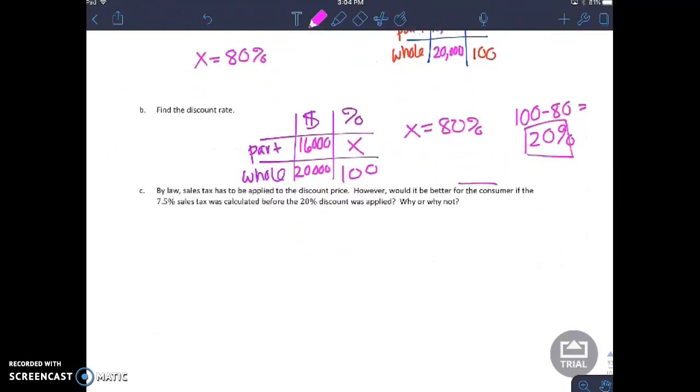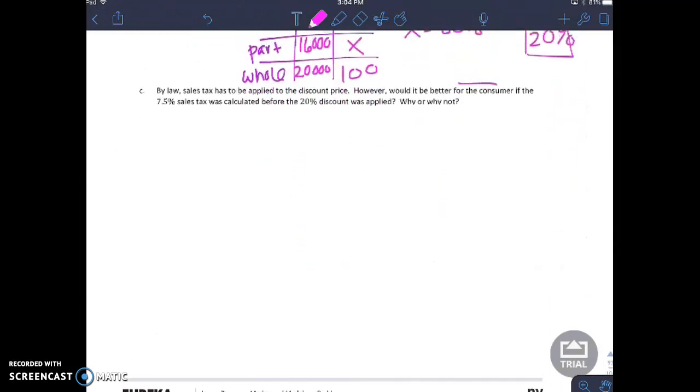All right, we are on to C. So the premise for part C is that in real life, when you have sales tax, so sales tax is a portion of the payment that has to go to the government, that has to be applied to the discounted price. In other words, they can't charge you the sales tax on the full price when you're not paying the full price. They have to charge you the sales tax on the cheaper price that you actually are paying. So they're saying that's the way it is, but would it be better if the sales tax was calculated before